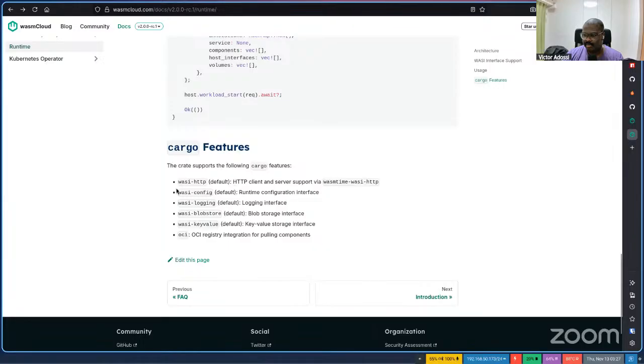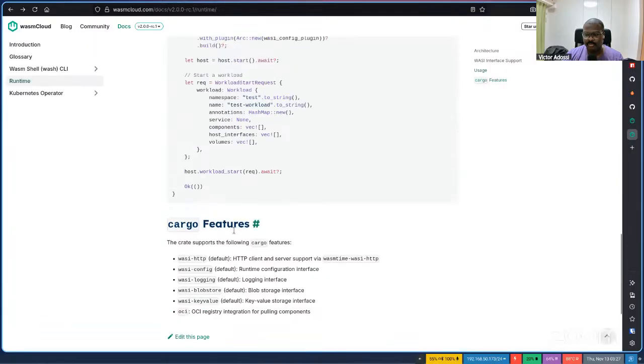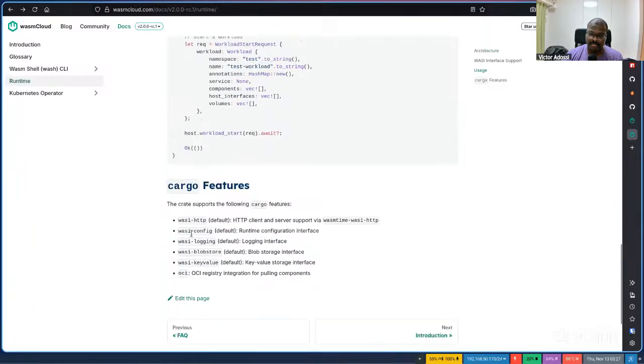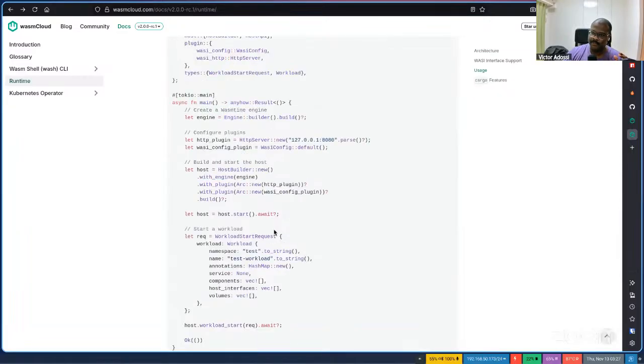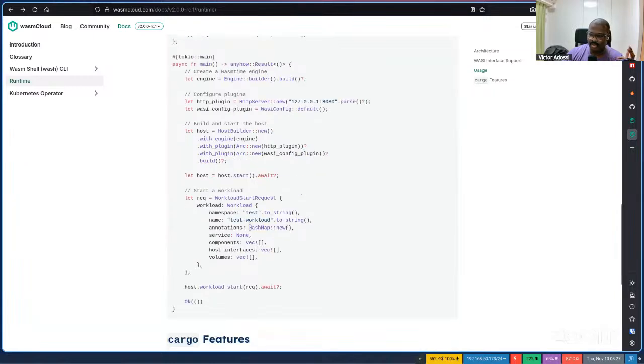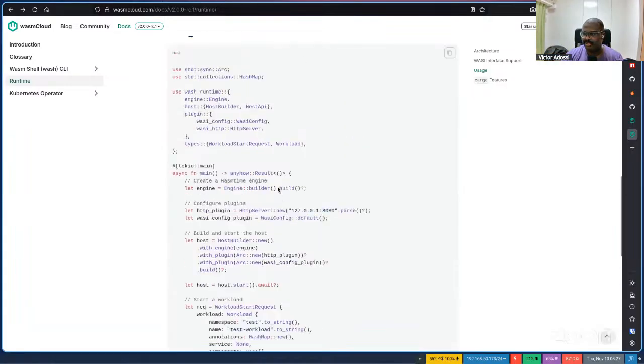For those who want to embed and run from Rust, all of this is also packed behind features so that you can slim down the host that you're building. If you don't need HTTP, don't include it. If you don't need blob store or key value or whatever, don't include it. It's really easy to build a host and add custom functionality to it and start running your WebAssembly workloads on it, with the workloads connected to those plugins and able to call them.